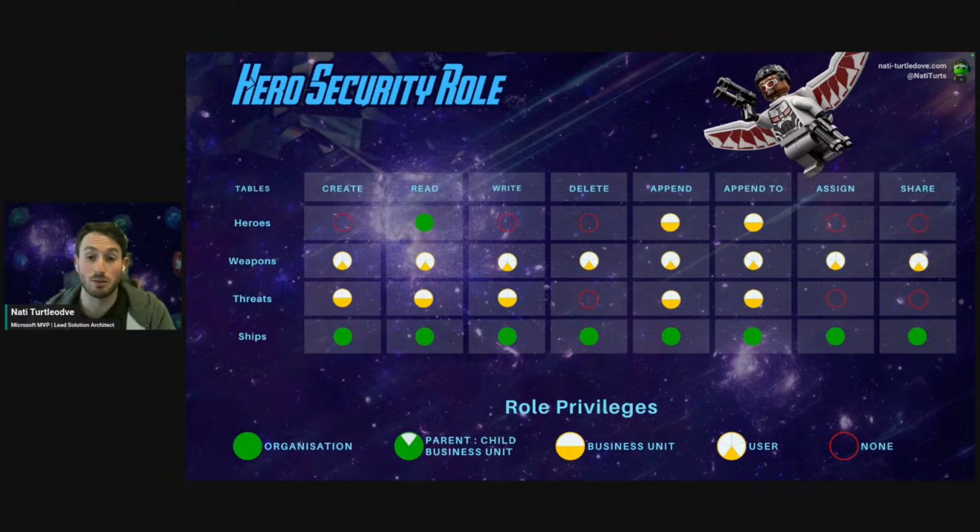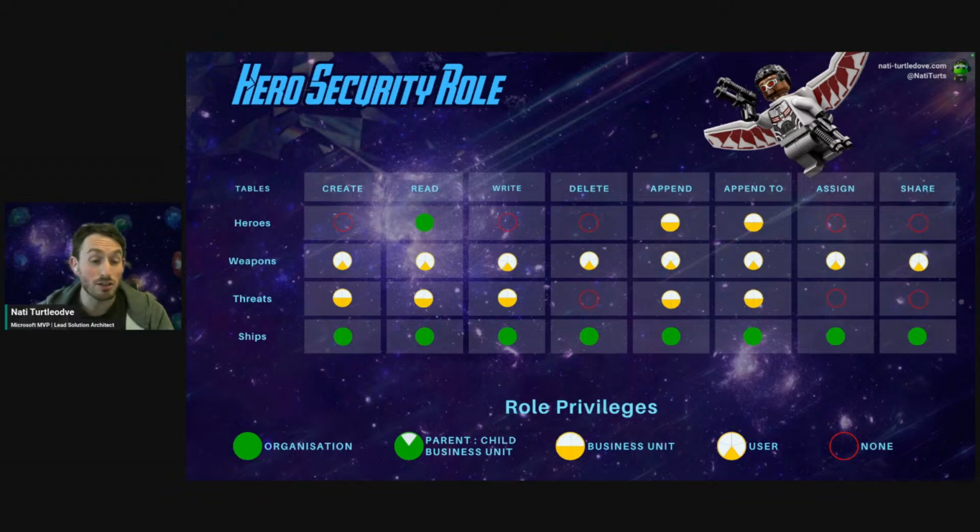If we look at our weapons table, we've locked it up a bit further. We can see this is only on a user privilege basis, meaning that only a user can create their own record, they can delete their own record, and they can append their own record and share their own record. So again, if we look at our Doctor Strange scenario where he creates a record in the weapons table with the icon, because he created that record, he becomes the owner of it, and only he can access that record. No one else can, unless you've got a security role that gives you higher privilege, or you're part of an ownership team that gives you access to that record as well. So this is a classic example of only the Avenger can yield their weapon.